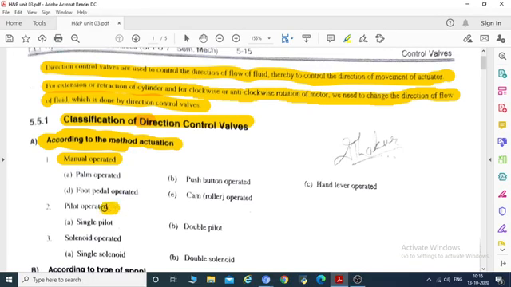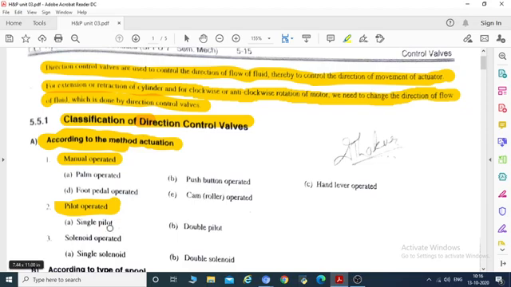If there is a presence of a pilot, then we name it a pilot operated direction control valve. You are familiar with pilot operated valves, because we already studied the pilot operated or compensated relief valve and pressure reducing valve. They are very easy to operate and small in size as compared to manually operated valves.